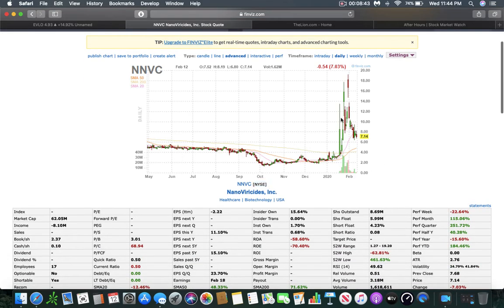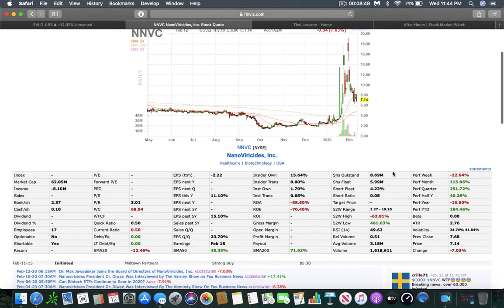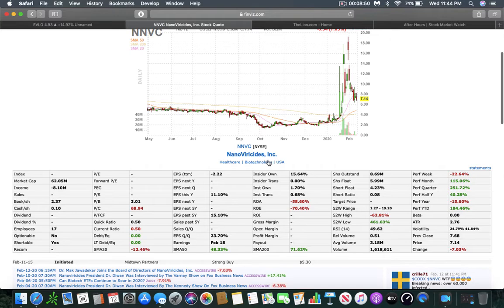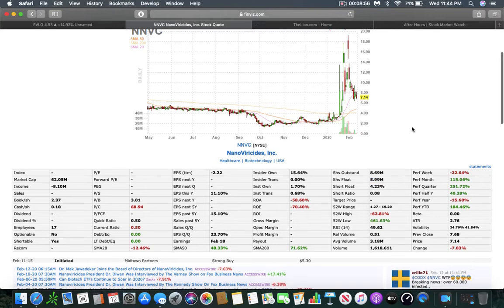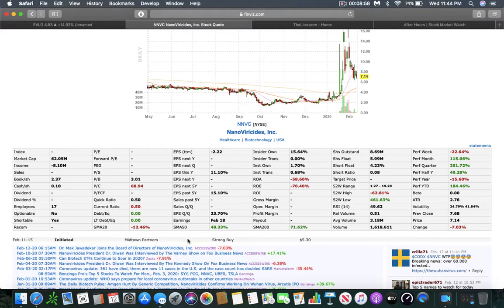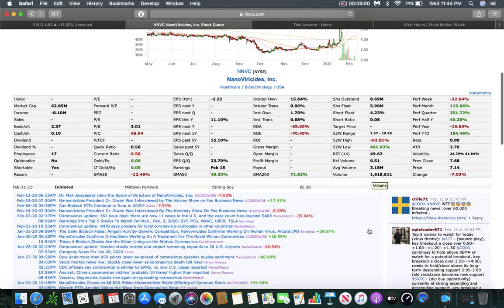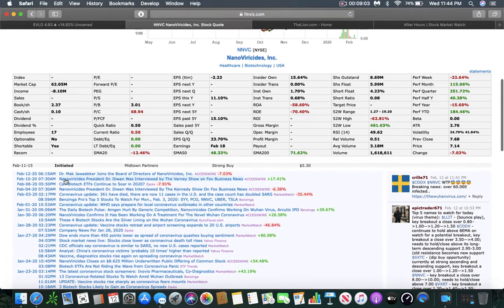It looks like it made some parabolic moves here, really in the last few weeks. It fits my criteria. It's a healthcare stock. Very, very low float. So that's why we're seeing these huge swings in the price. Right, we're just spot checking, but again, we came here to see what the news was. So it looks like Dr. Mac Jawadekar joins the board of directors of Nanovericides Incorporated, and the stock looks like